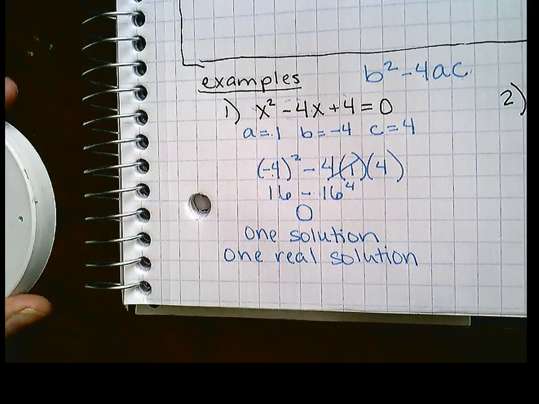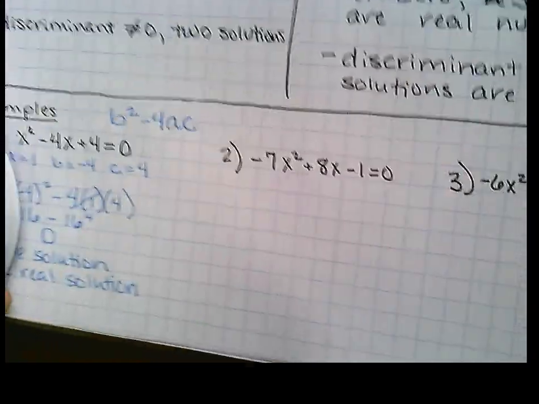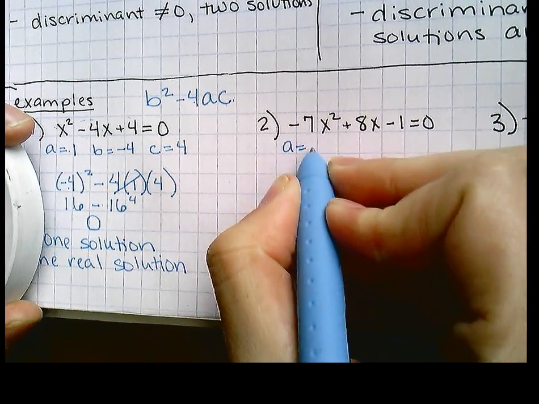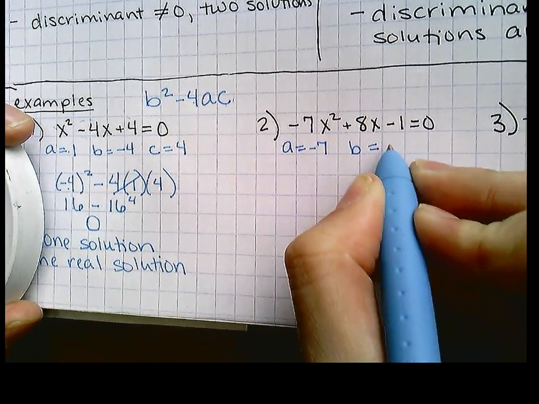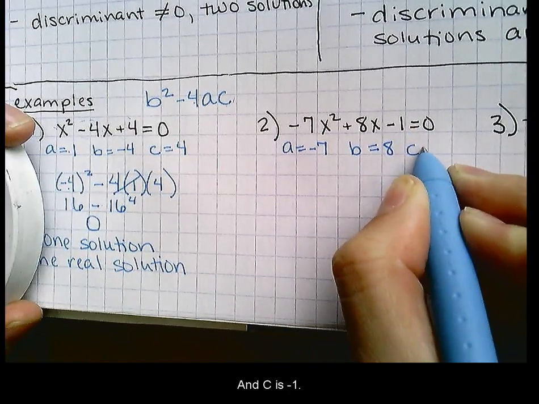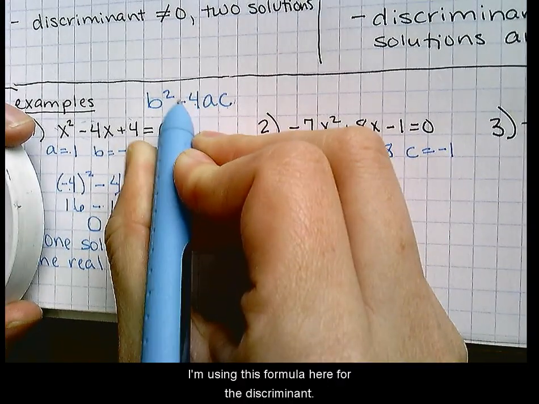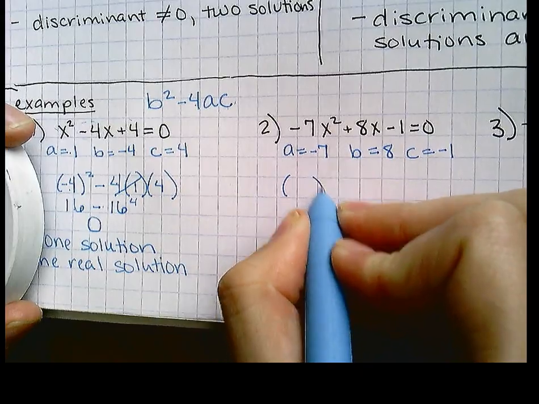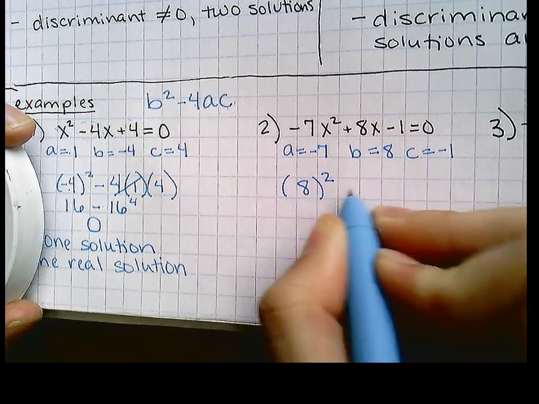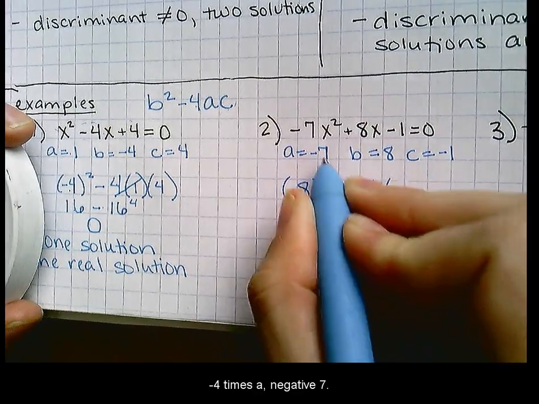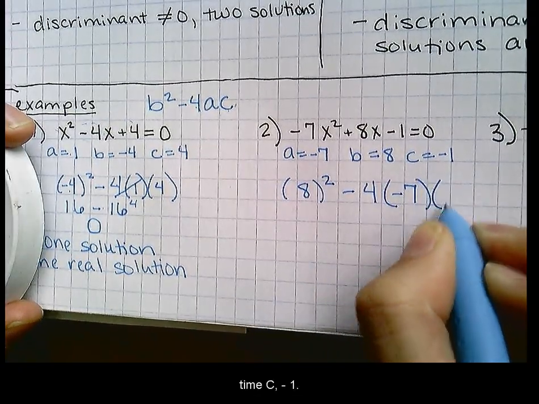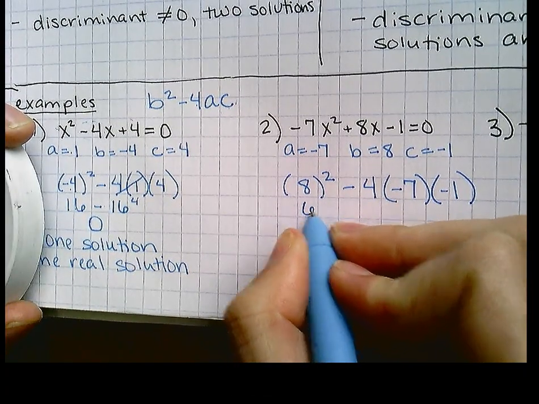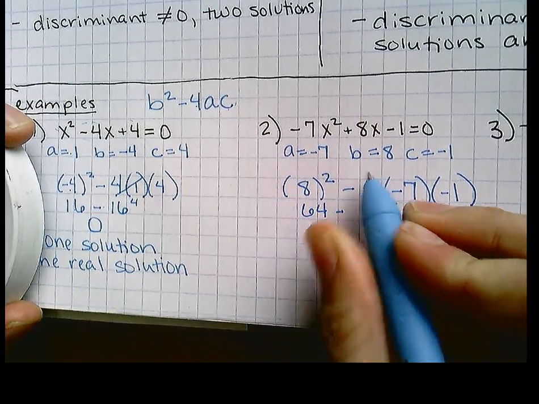Okay, now let's do this one. So A is negative 7, B is 8, and C is negative 1. I'm using this formula here for the discriminant, b squared. B is 8, minus 4 times A, negative 7, times C, negative 1. 8 squared is 64, minus